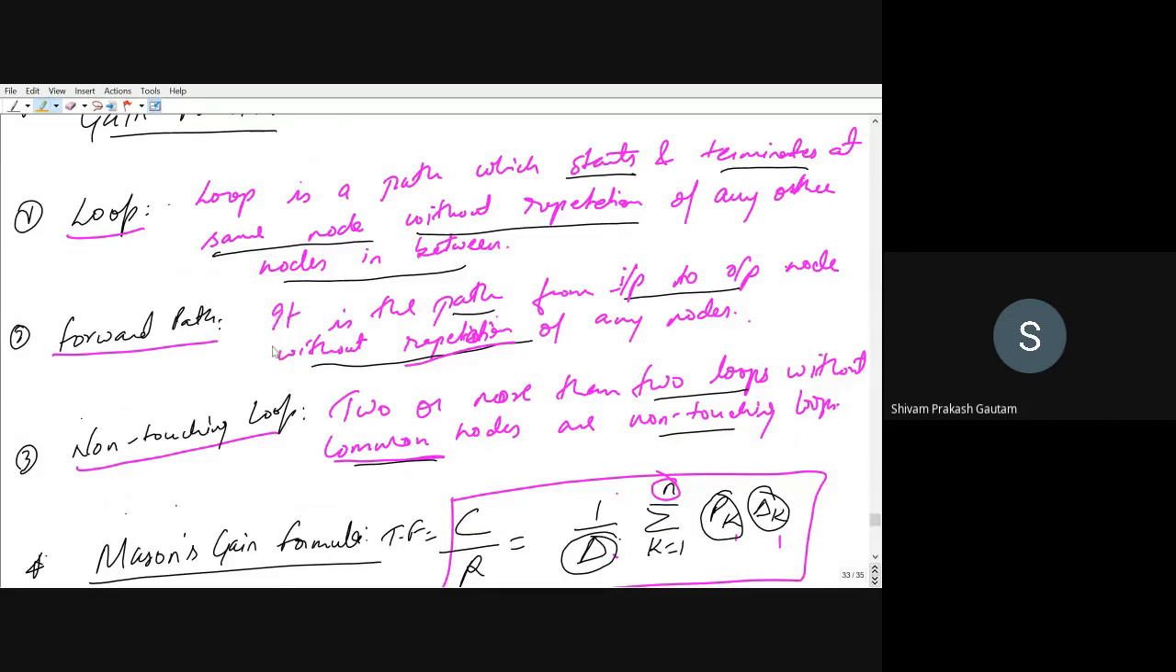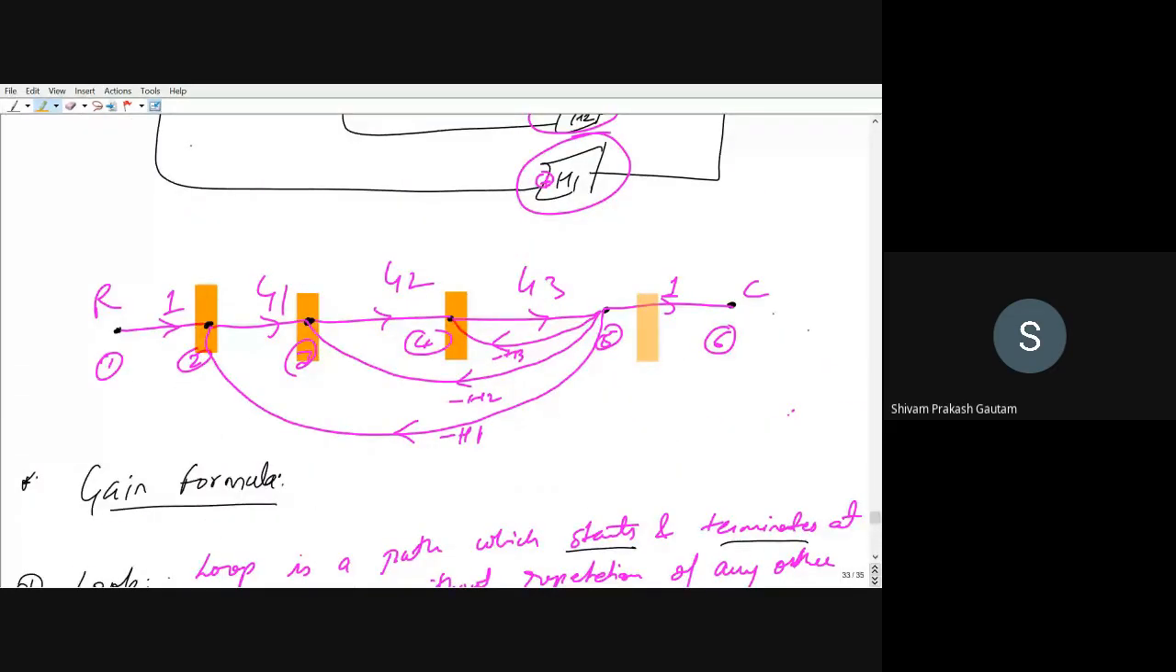Forward path is a path from input to output node without the repetition of any node. For example, node 1 is your input, and node 6 is your output. So if you want to go from node 1 to node 6, what are the forward paths? You have to follow the direction. From node 1 it is going to node 2, from node 2 to node 3, node 3 to node 4,